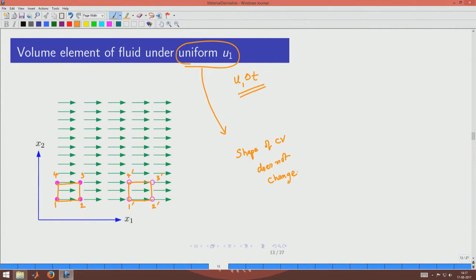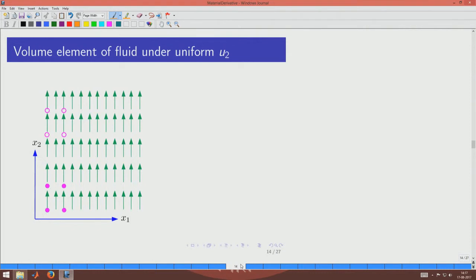Now, you can also apply it to the velocities along the other directions, and it is trivial to see that the same thing will be happening here also. And in the vertical shift, this distance shift is given by u2 into delta t, that is the amount of shift from 1 to 1 prime, and 2 to 2 prime, 3 to 3 prime, and 4 to 4 prime respectively. So, if you see a volume element of liquid, then its shape will again not change, it will only get shifted in the y direction or x2 direction by a certain amount which is given by this.